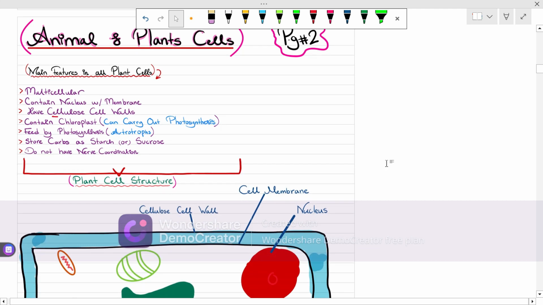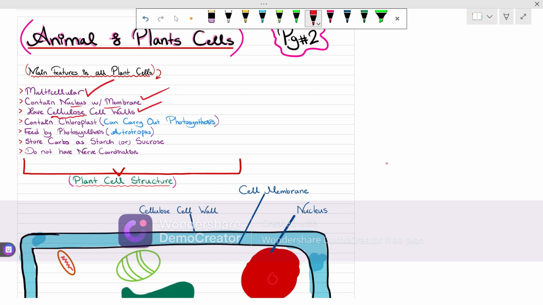Now let's go through some main features in all plant cells. All plant cells are also multicellular. They have more than one cell. They contain a nucleus with a cell membrane. They have a cell wall made of cellulose. They contain chloroplast, which means that they are able to carry out photosynthesis because chloroplast contains chlorophyll, and chlorophyll absorbs